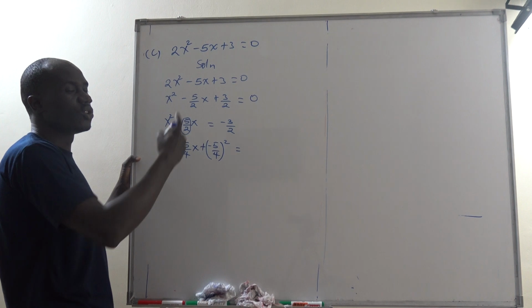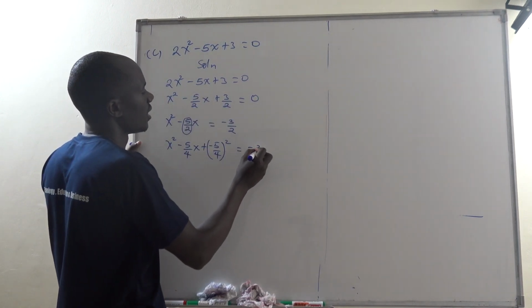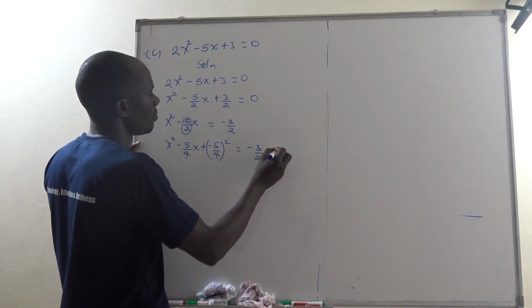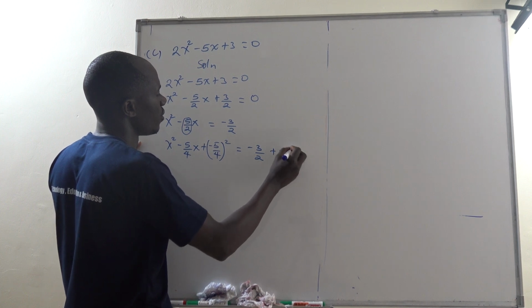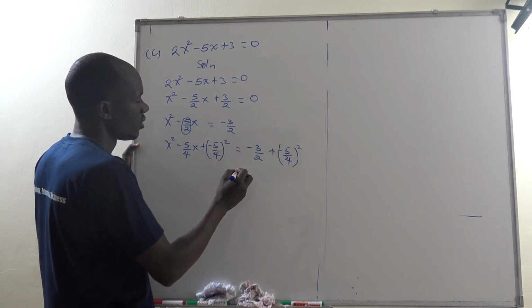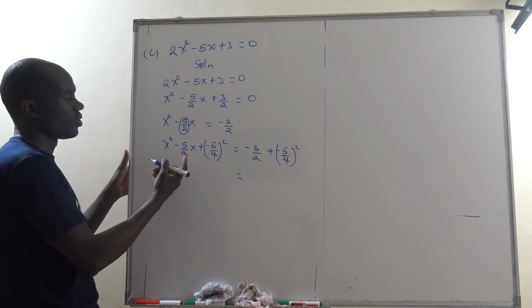What you do here, you also do on the other side: negative 3 out of 2 plus negative 5 out of 4, the whole of it squared. What does it become? This one now is already a perfect